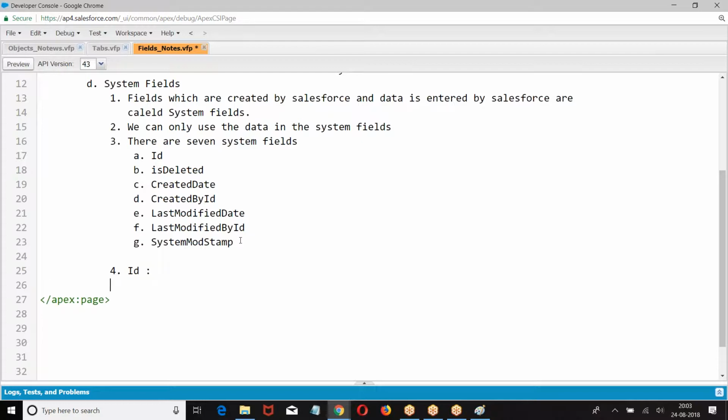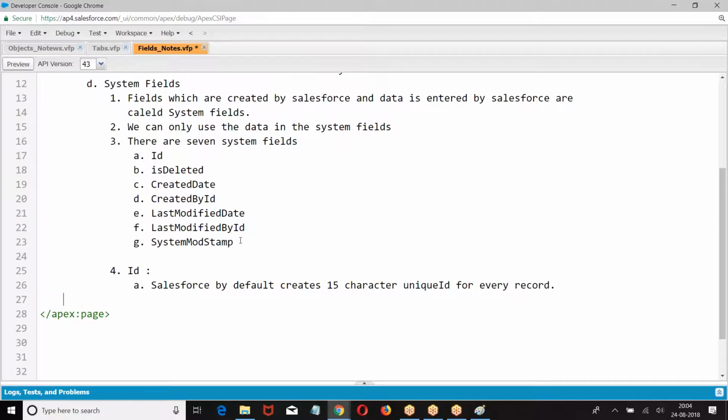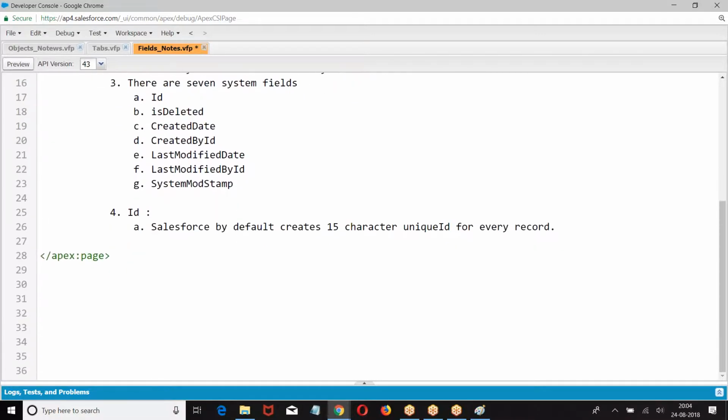So what is this ID? Salesforce by default creates a 15 character unique ID for every record.